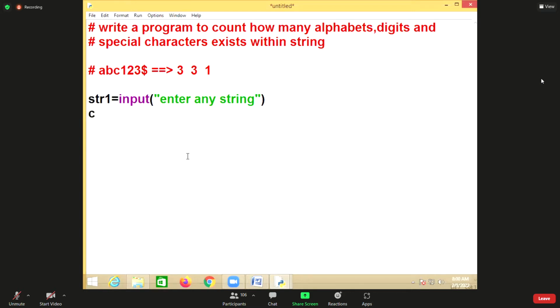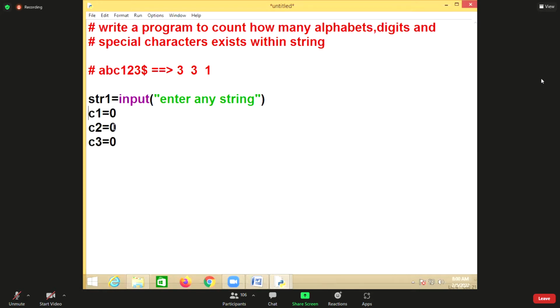count1 equal to 0, count2 equal to 0, count3 equal to 0. Why? Because count1 is the alphabets count, count2 is the digits count, and count3 is the special character count.